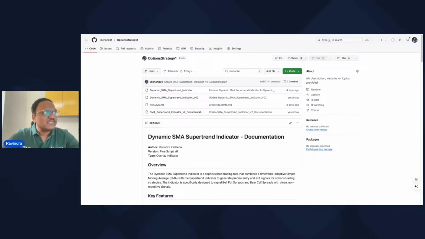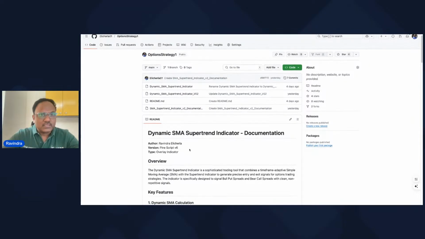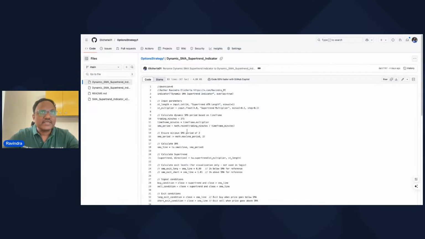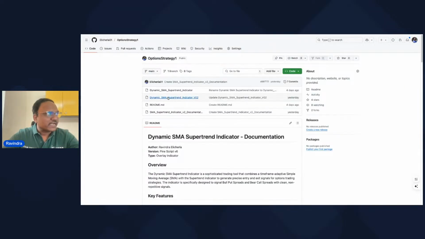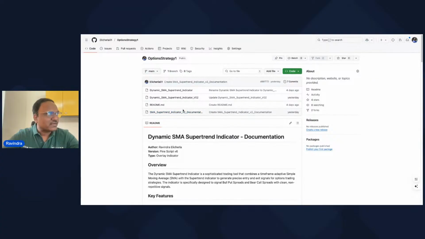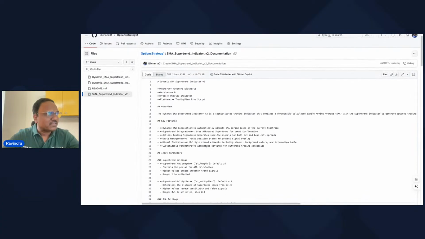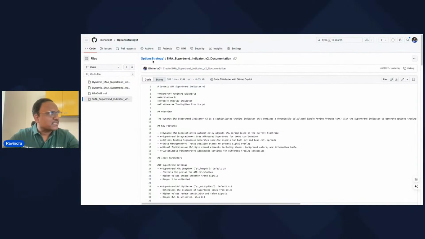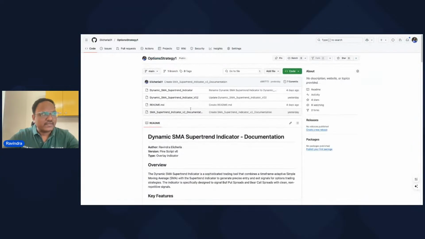So this is the indicator. There are two versions here. One version is the previous one, which I already shared. Today I think we will apply both and see how it works. We also have the second indicator, which I have modified, and the second indicator has the documentation here. Same thing, but there are a few additional details. That's the only difference.